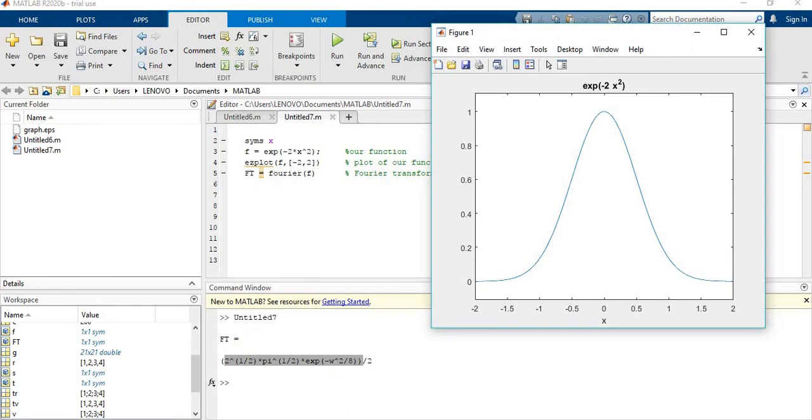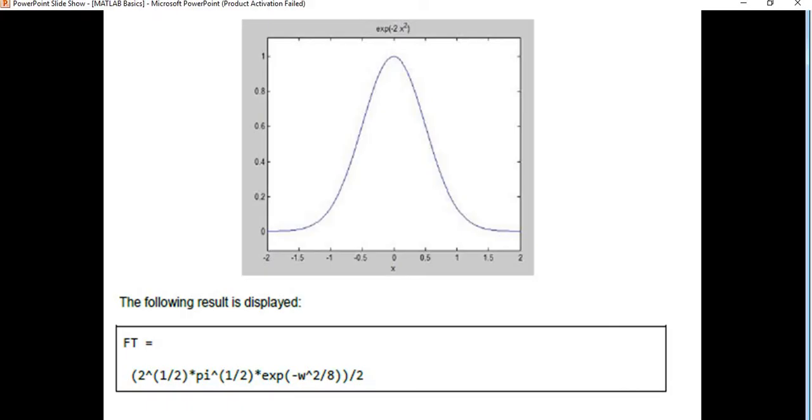In this way, we can obtain the complex transforms, the Fourier transform. Fast Fourier transform we can also obtain. Inverse fast Fourier transform also we can obtain. DFT also we can obtain. DTFT also we can obtain. By using MATLAB programs, we can analyze different types of filters also, like FIR filters and IIR filters. Any complex calculations can be done by using MATLAB programs. Okay, thank you guys. It will be the end of this particular MATLAB tutorial.